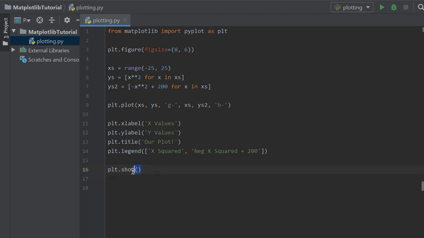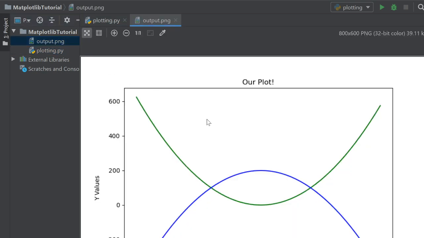So what you can do is, instead of plt.show, you can actually write savefig, just like that. So savefig, which saves the figure, and you have to give it a file name, so we're going to say output.png, just like that. So now, once we run this, it's going to actually make the graph, but it's not going to show the graph like it did before. Instead, it's going to save it as output.png, and if we click on that, you may be able to see that it actually has saved our plot as a PNG image,